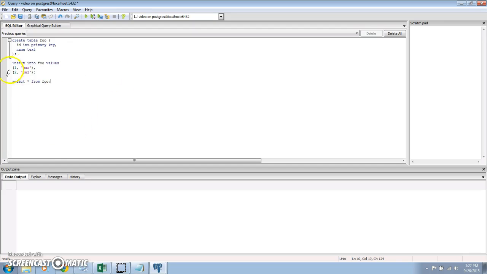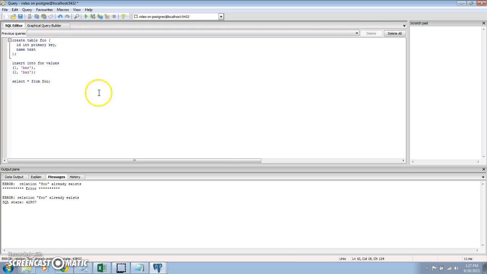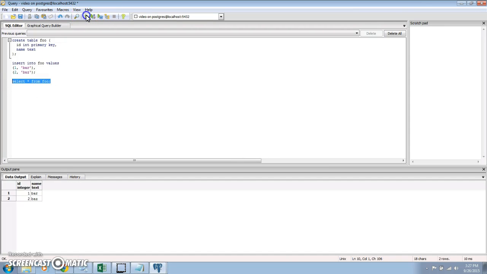Okay, the first one is you can select the statement you want to run in the query window. So if I just run this thing, it'll run all three statements. But if you just want to run one statement, then you can select it and then run that as many